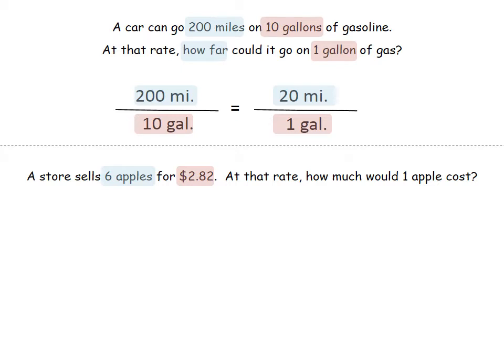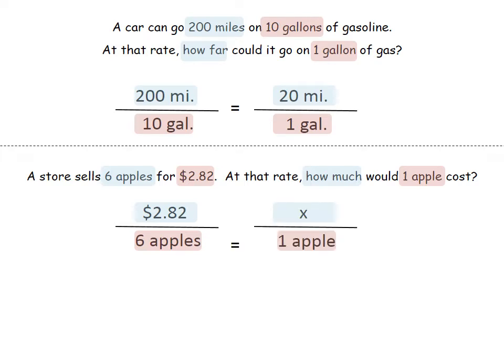In this case, it's the 6 apples for $2.82. Similarly to the first problem, we'll look at what we are trying to figure out here, and it's how much 1 apple would cost. So we'll set up the fraction or the ratio using the known information, just as we did in the prior problem, and we'll do the same thing now down here for